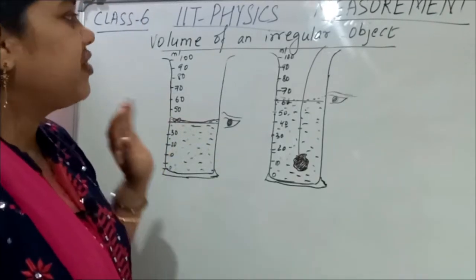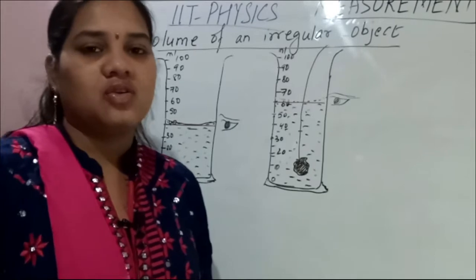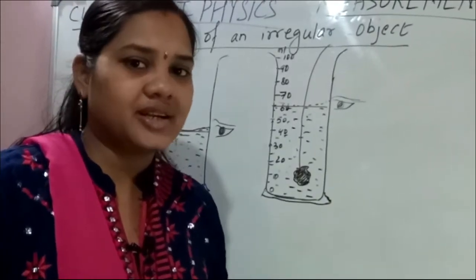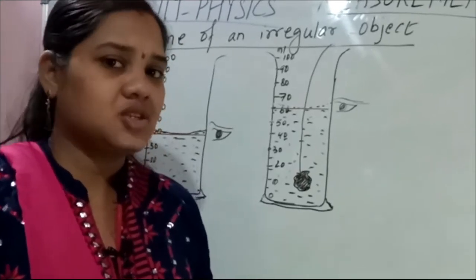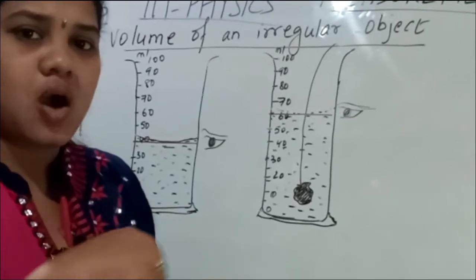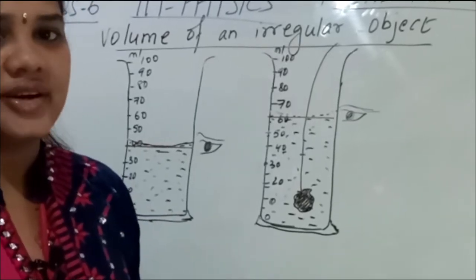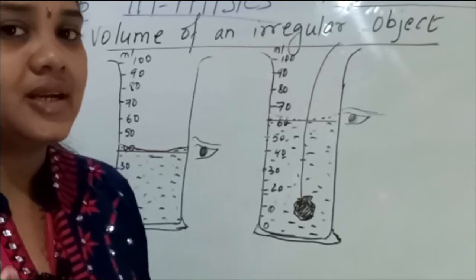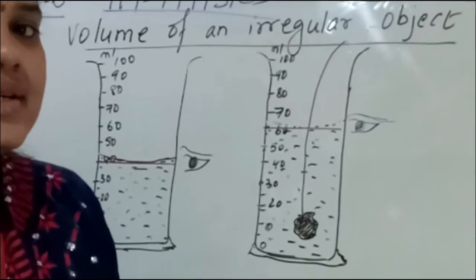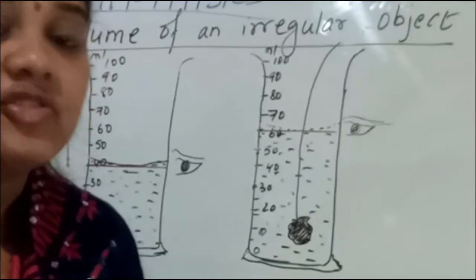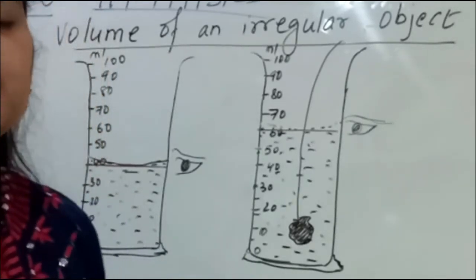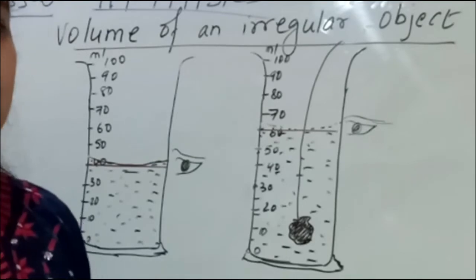Today's topic is how to find the volume of an irregular object. Do you remember how we calculated the area of irregular objects? By use of graph paper. We kept the irregular object on the graph paper, drew its outline, and then calculated its area by checking how many squares it covered. So children, if the object is irregular in shape and it is insoluble in water and heavy